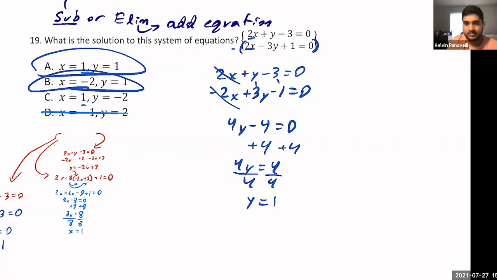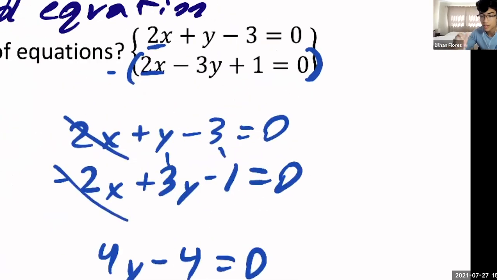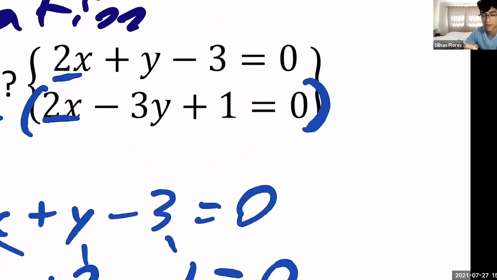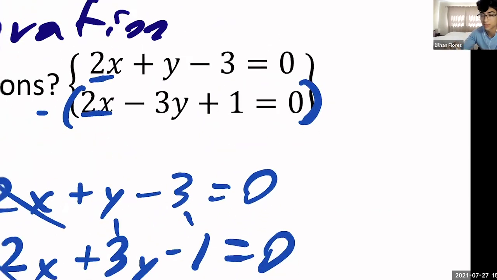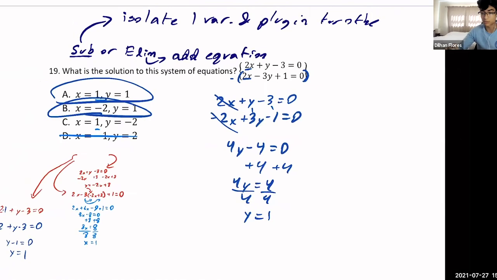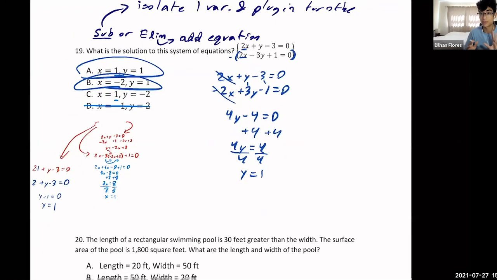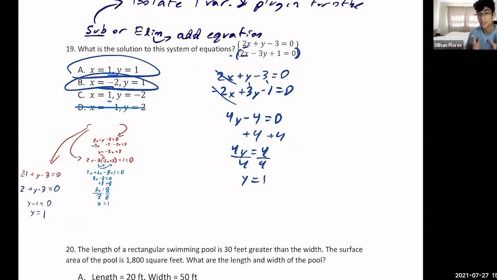It's just that elimination is easier if the terms already line up like this. That way you can go ahead and cancel things out quickly. So either one works, whichever you're most comfortable with. I recommend getting comfortable with elimination because it does let you save a lot of time with certain questions. 100% agree. I usually try to, if I can eliminate, I'm going to eliminate just because it's going to be faster usually, right? So in this question in particular, elimination was the faster method. Yeah. So make sure you're good at both. Ask yourself which method will get me the answer more effectively.